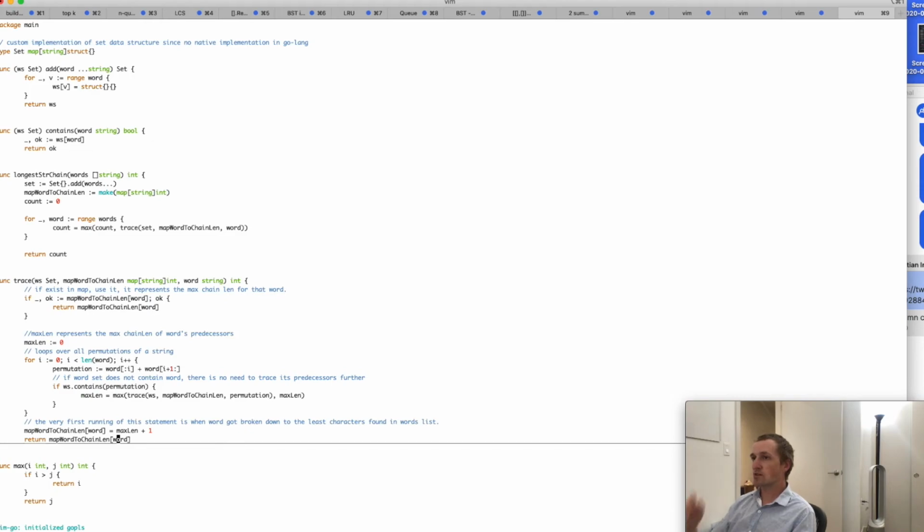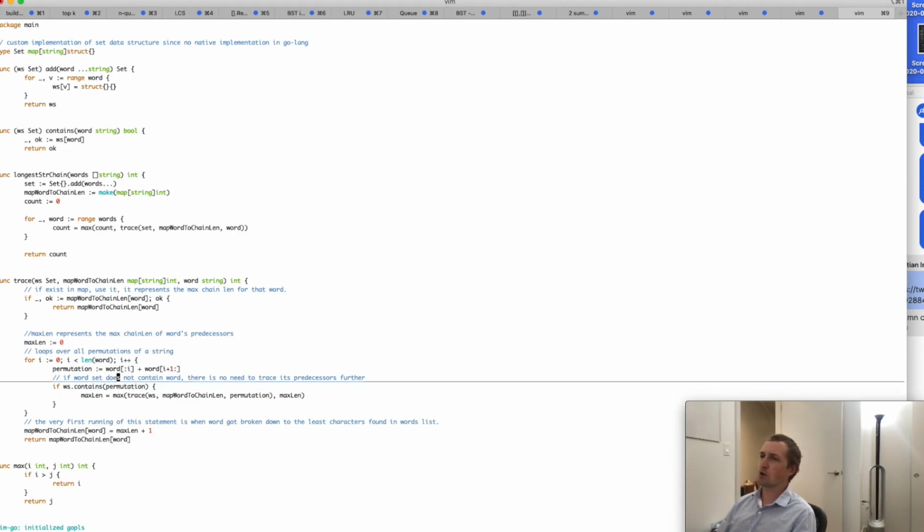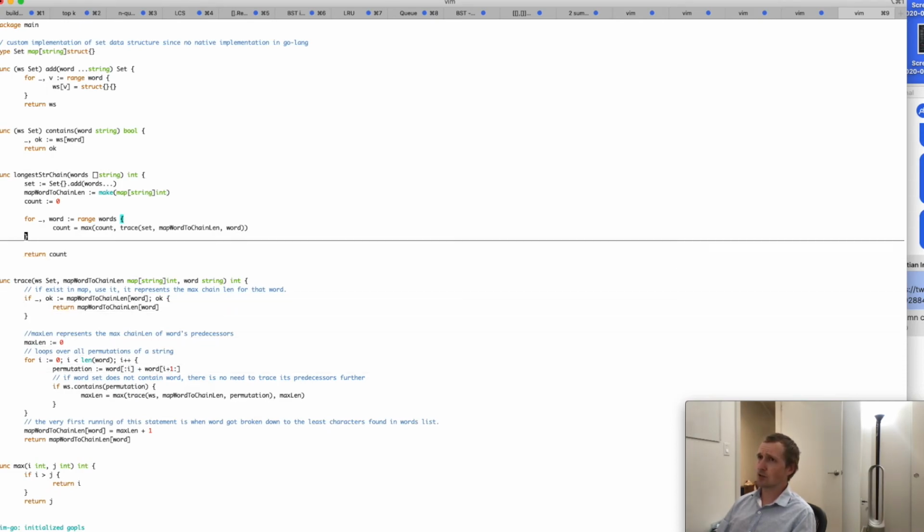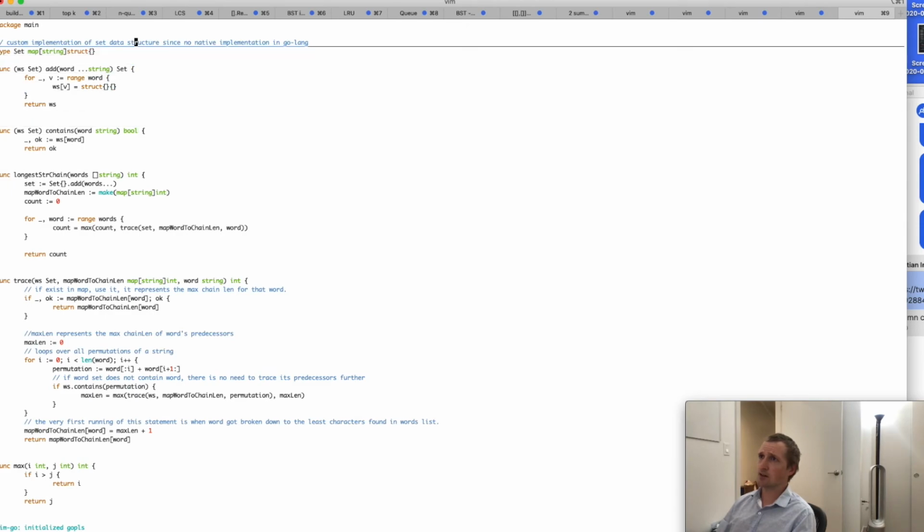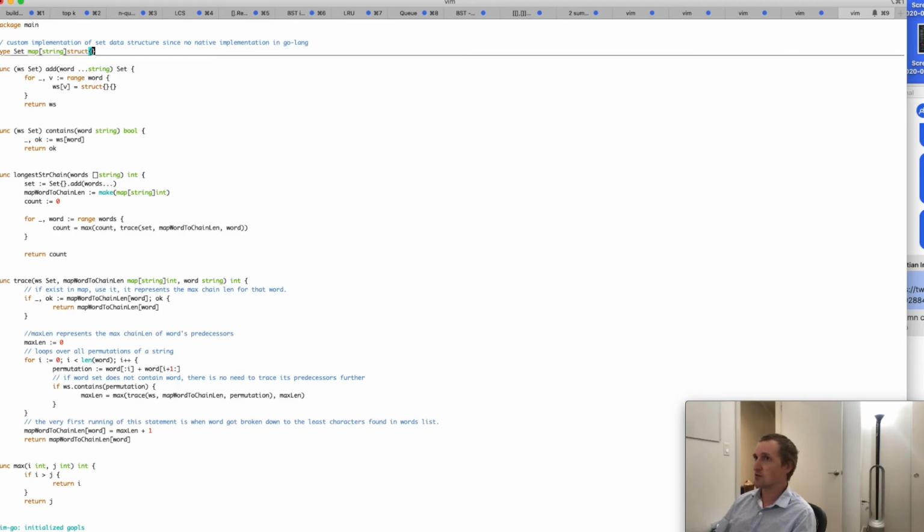The tricky parts to this, of course: I thought the trickiest part in implementing this was generating word permutations, so you want to focus in on here. And the second tricky part was the fact that Go doesn't have a native set data structure, but that was easily taken care of with this new type. Let's go